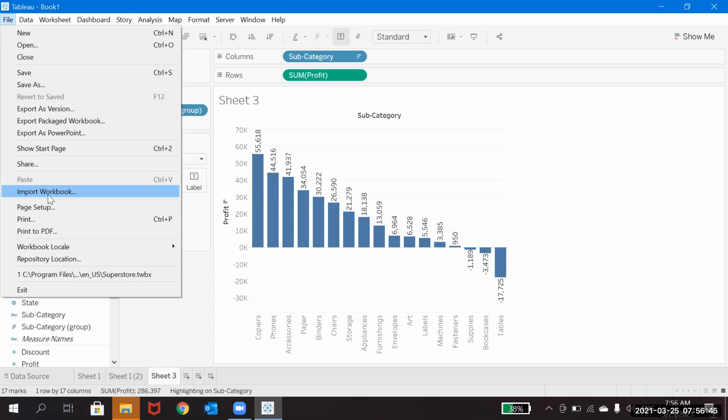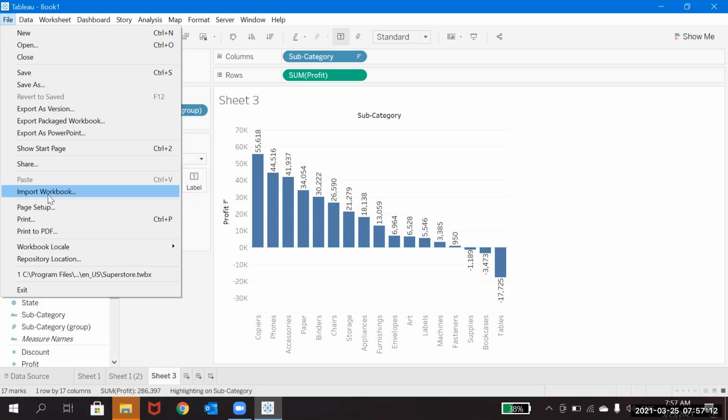We have 10 members in a group, and everyone is working on the same project, but out of the 10 people, only one person has access to Tableau server, and the rest don't. So in that case, we need to send everything to him and he can publish it into the Tableau server.